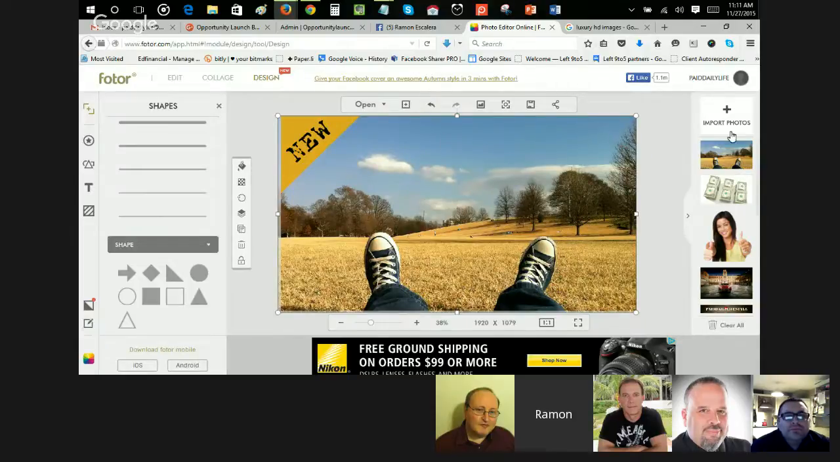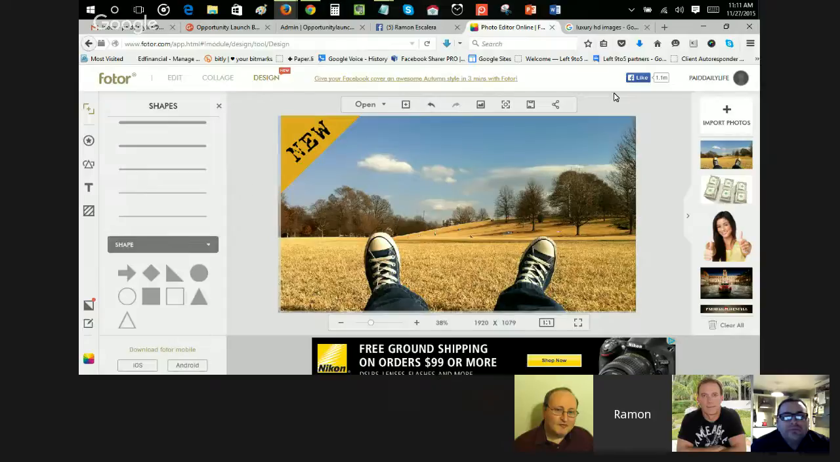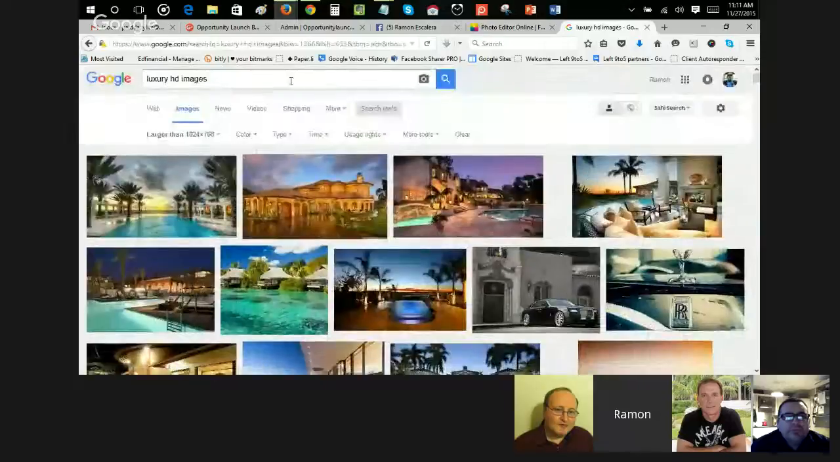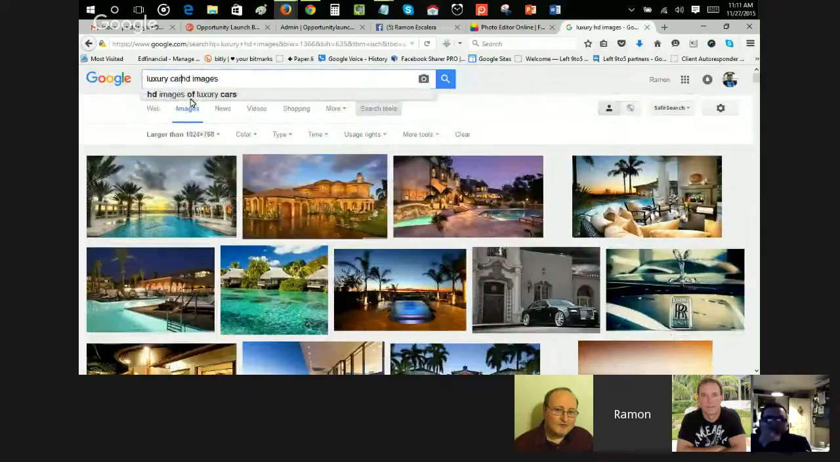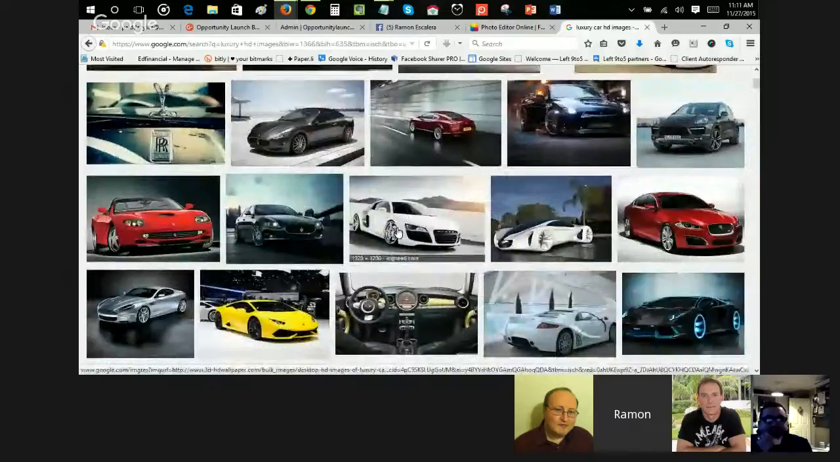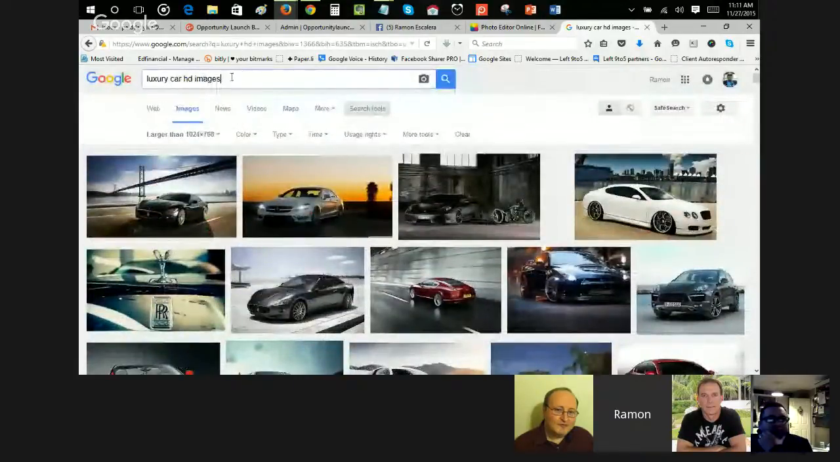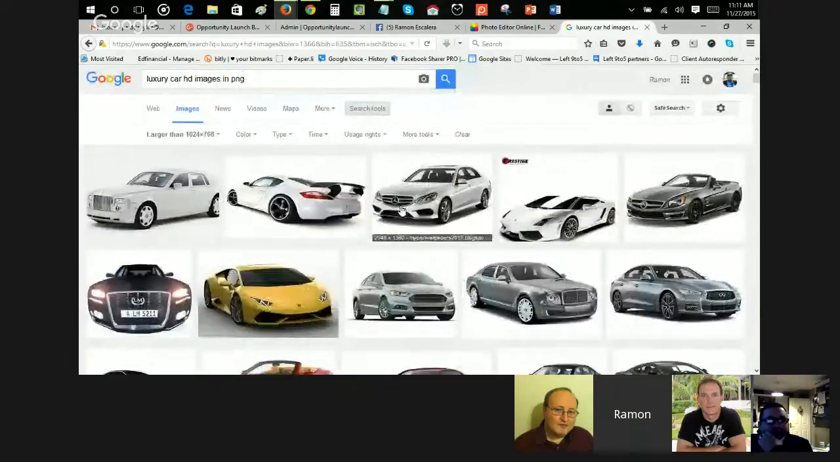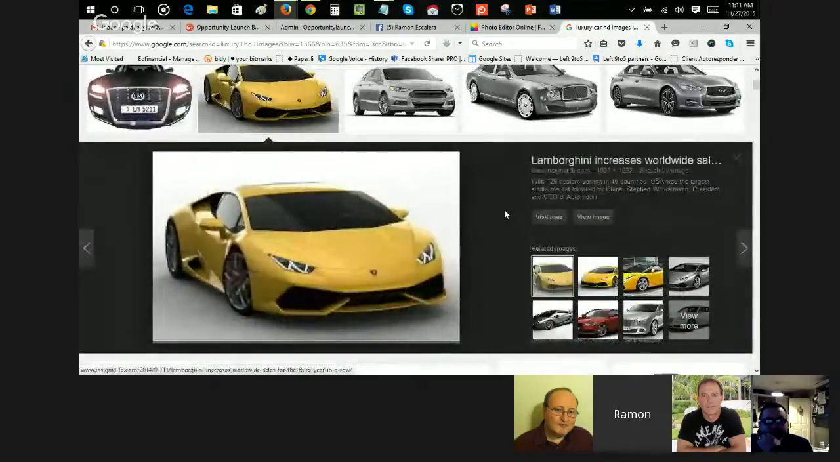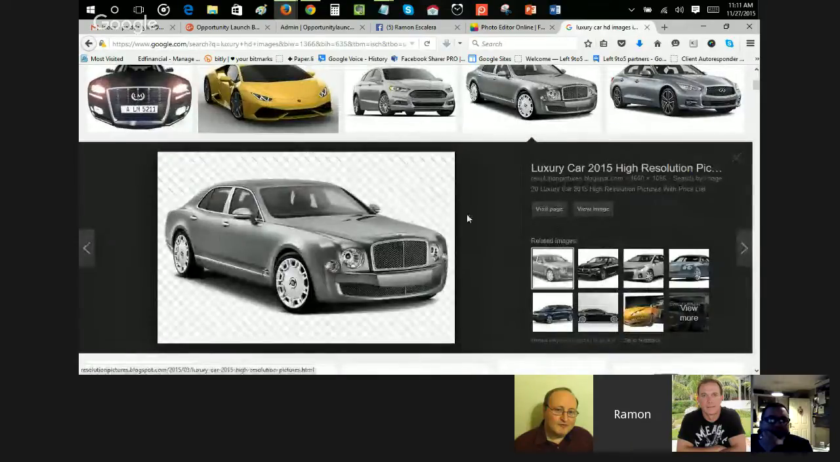You can even add a PNG image online. Say you go to luxury images in HD. Say you want to find a car. Let's just look for luxury car HD images. So you want to add a car in there, and we're going to look for PNG format. Okay. Let's just say we wanted to add this one. Let's see if the background is transparent. No, it's not. Okay, this one's not transparent. This one's transparent. So we can take this